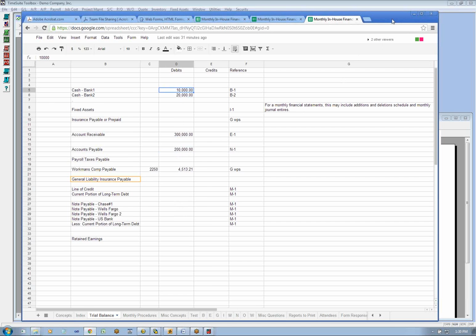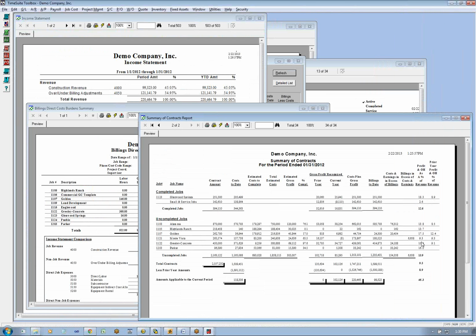But a major component of the quality of those financial statements is the margins on your open jobs. Make sure these are reasonable, make sure you tie in to your income statement here and here, and understand the summary contracts. The basic concept behind the summary contracts is the matching principle: the cost plus the margin compared to the billing. So a big job, let's look at this job. We have cost plus the margin, prior year margin plus current year margin, total margins, the 80,000, 90,000. That gives us a cost plus margin compared to our billing, which gives us our over-under billing. By the way, your prior year overhead and profit percentage of revenue is the end of your previous fiscal year.